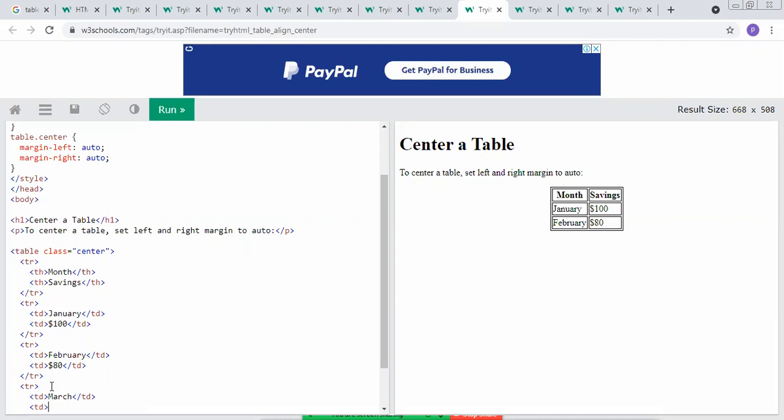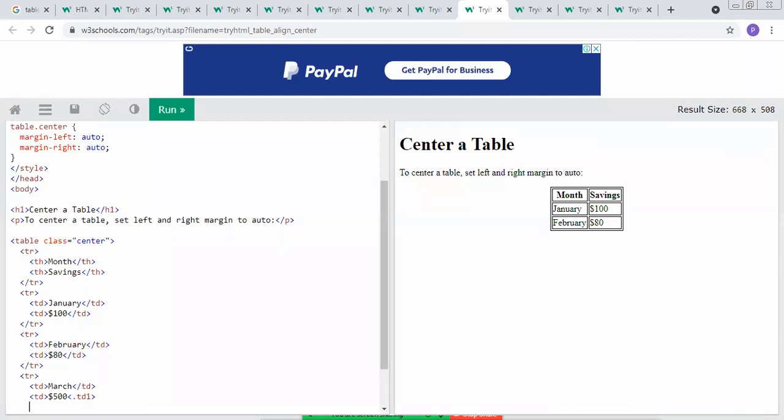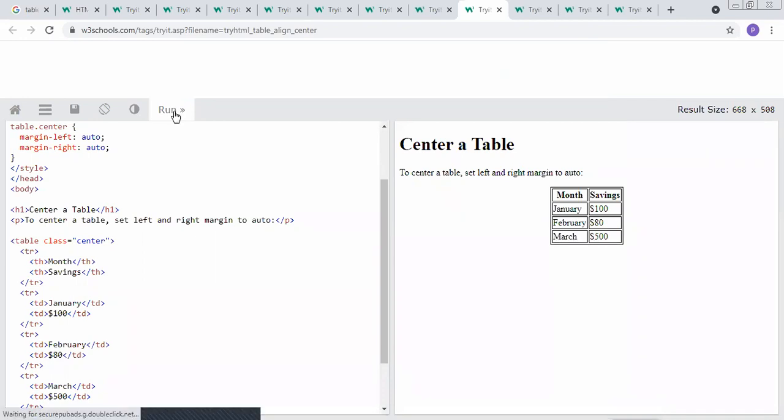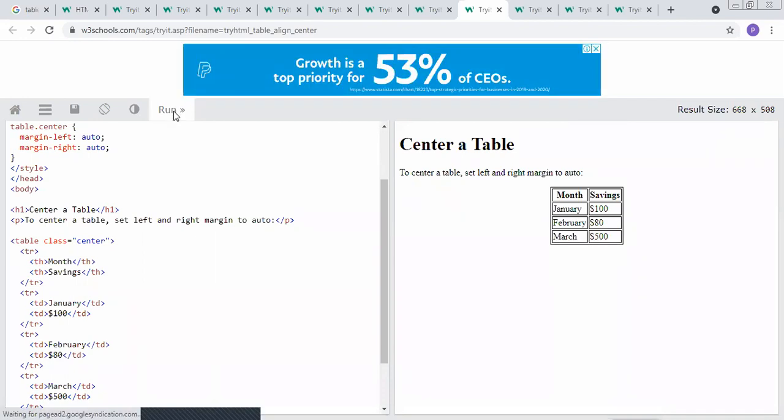For example, the saving parameter is $500, closing of td tag, and after that we need to close the tr tag. So here is the reflection of the particular table which has the center alignment.